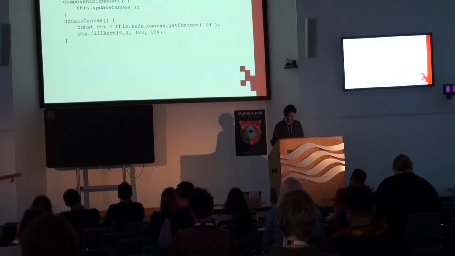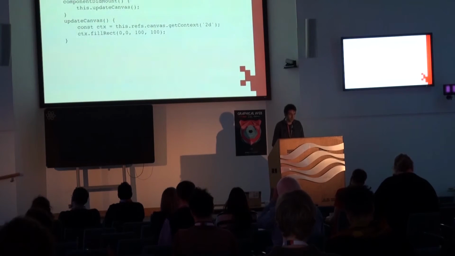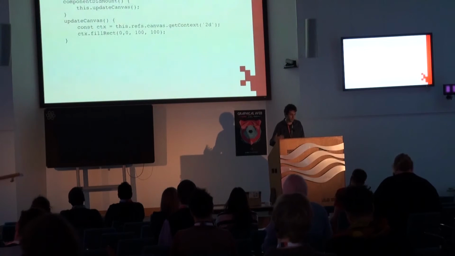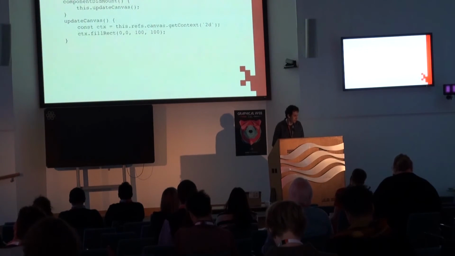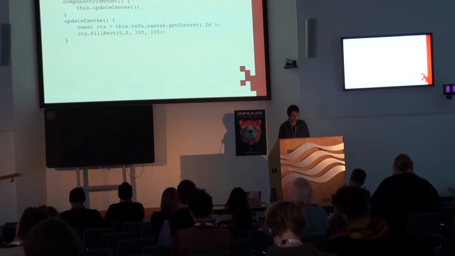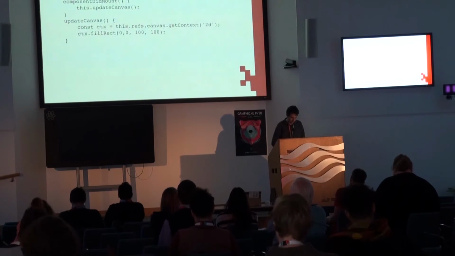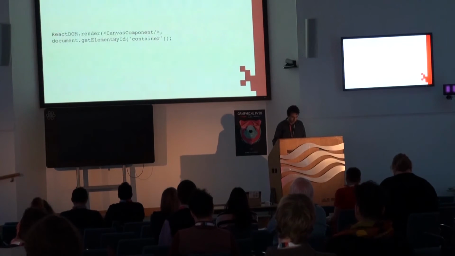Also you have component did mount, which is very redundant. But this calls a method that updates the canvas, which creates a rect. And you call it this way, rect don't render,